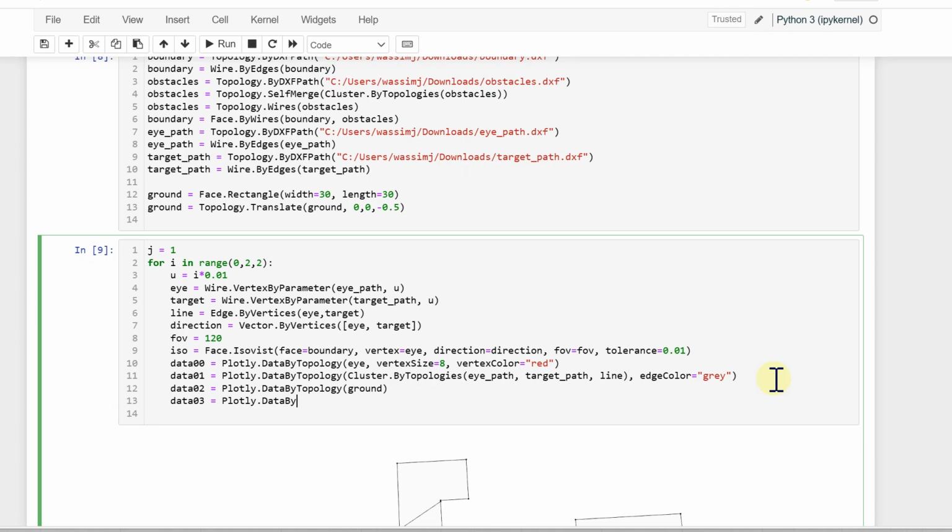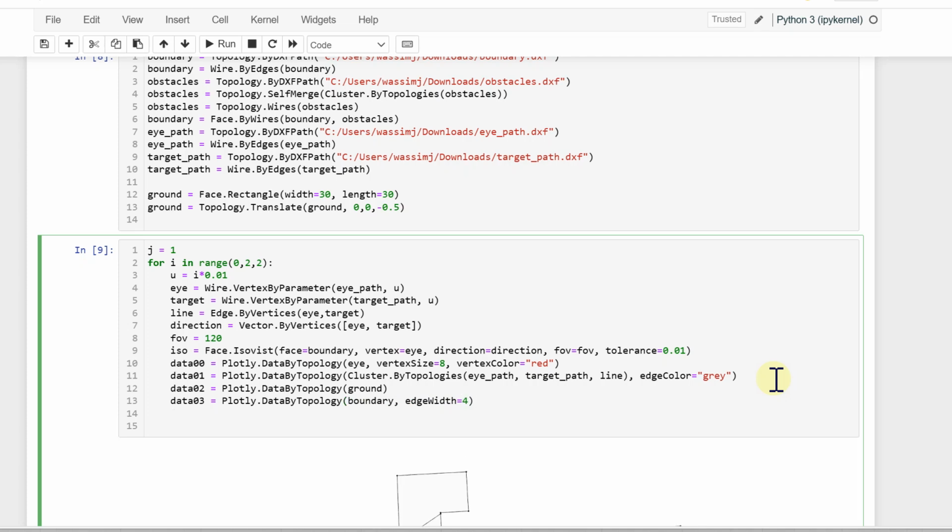dot data by topology. I know it's a bit tedious this way, but by using data, it allows you to customize the color, the line weights, the transparency, all of that per item. So you can set it exactly as you want. But it is definitely a little bit time consuming. So we're going to do a boundary, and the only thing we're going to do with the boundary is the edge width, we're going to set it to 4 so that it gets a little bit of a nice